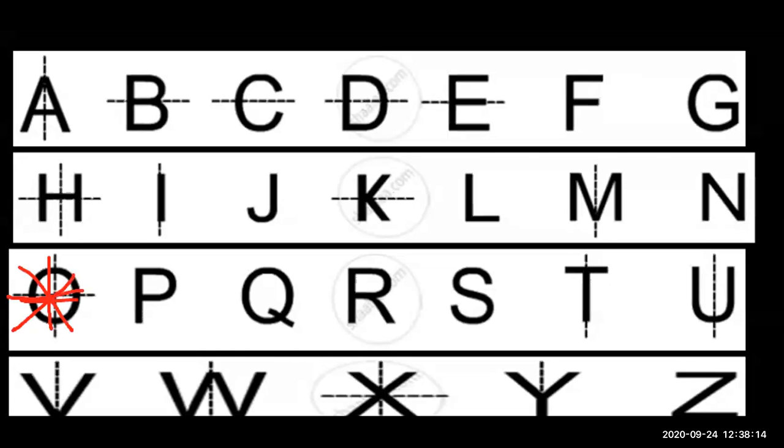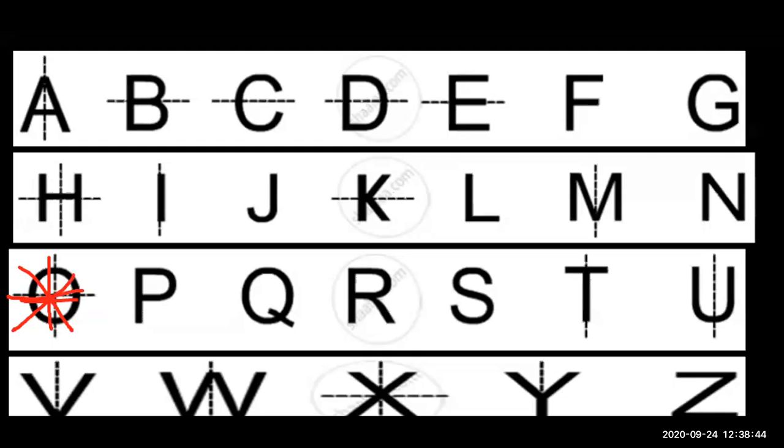हम उसको कैसे भी fold करेंगे, it will show more lines. So letter O has an infinite number. So only two axes of symmetry are H, I and X. An infinite number of axes are which letter? Letter O. Letter O will show infinite axes. Infinite means more than 1, 2, 3 lines.